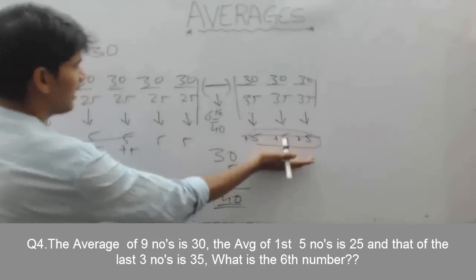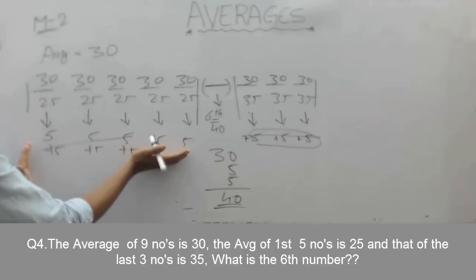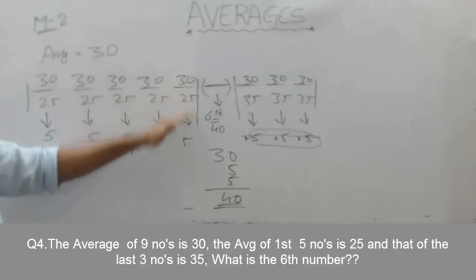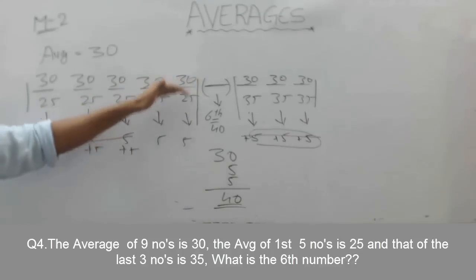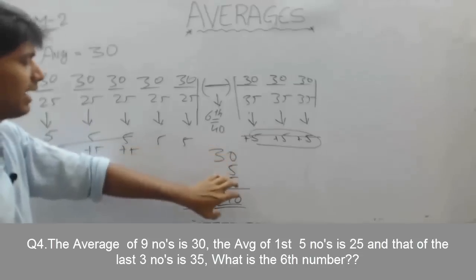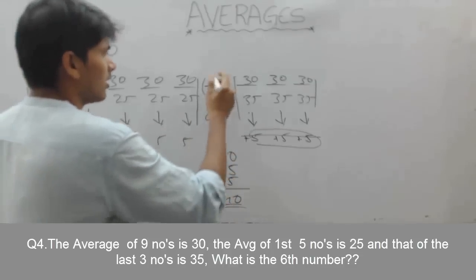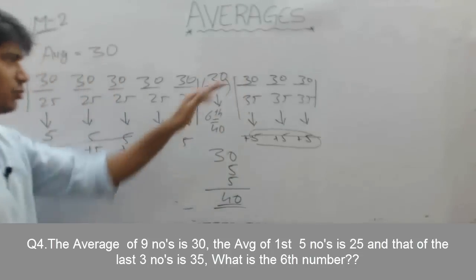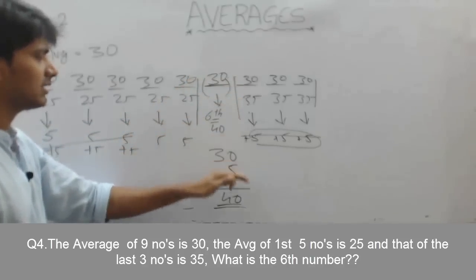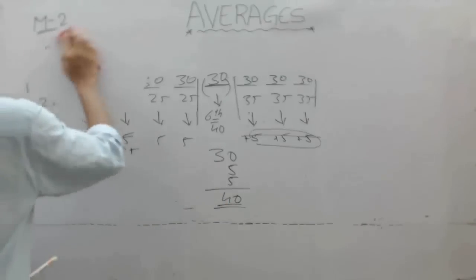So this 15 that means we have substituted here. So here is again 10 more. So we need 10 more to make this equation right. So here this should be 30. If you add 10 more, that is 5 plus 5, you are going to get 40. So the average should be 30 and the additional number that is added is 5 plus 5, that gives you 40. And the next question is